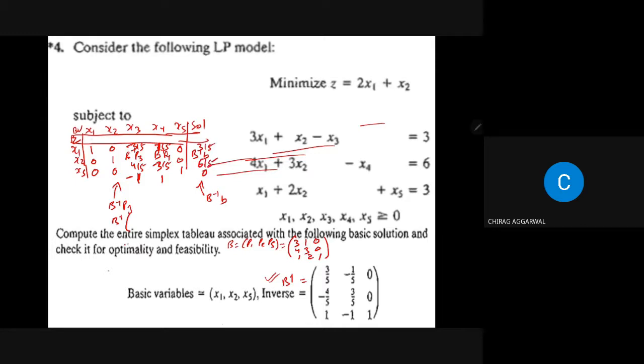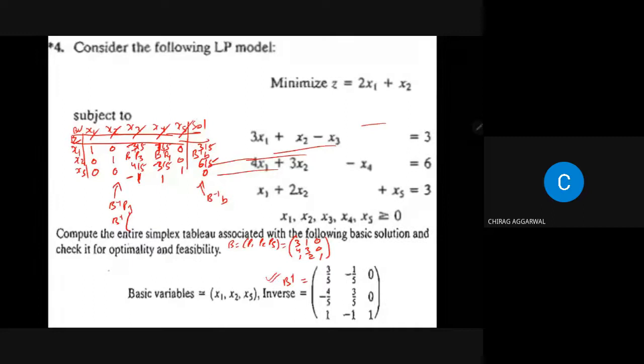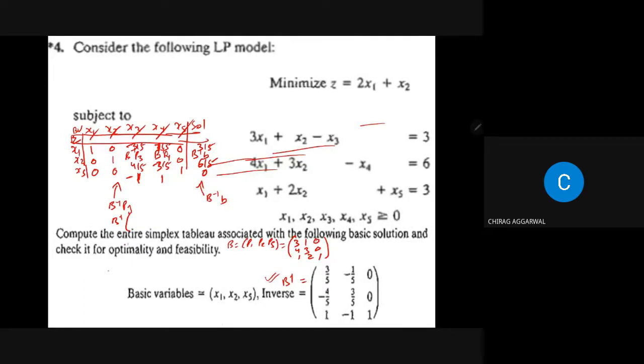And what about this Z? Z1 minus C1, Z2 minus C2, Z3 minus C3, Z4 minus C4, Z5 minus C5. So for that, I have told you we have to write the dual constraint, left of the dual constraint minus right of the dual constraint, and before that we have to compute y1, y2, y3. Let us have, here we have y1, here we have y2.